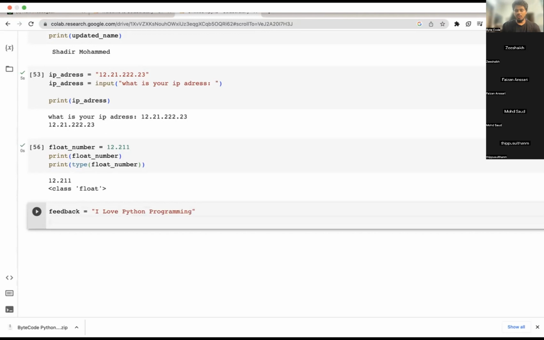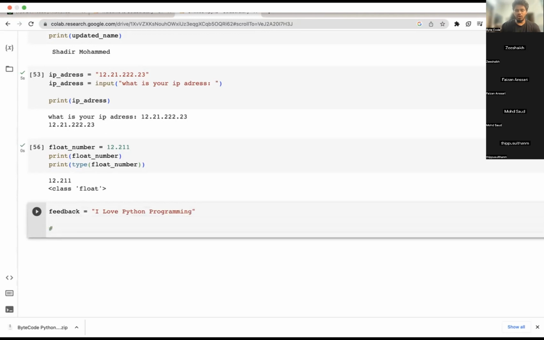Now I will give you a task. I want to write this as only I love programming, without manually doing it. Can you guys do this? Can you guys try doing this?